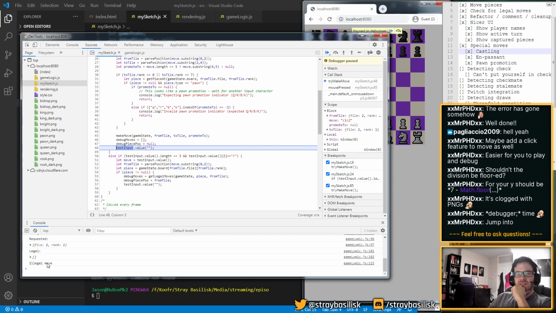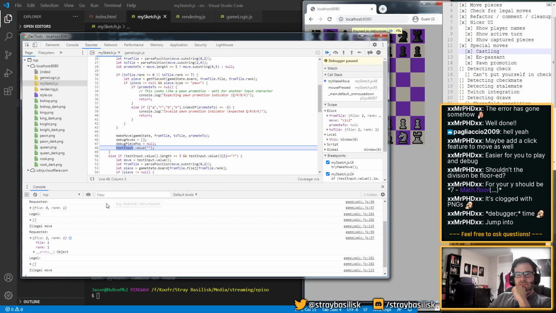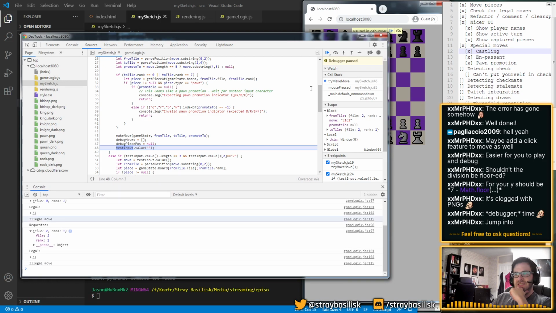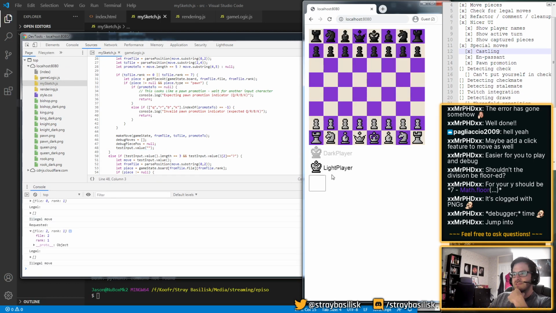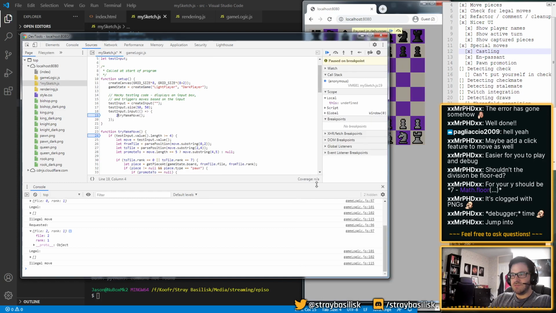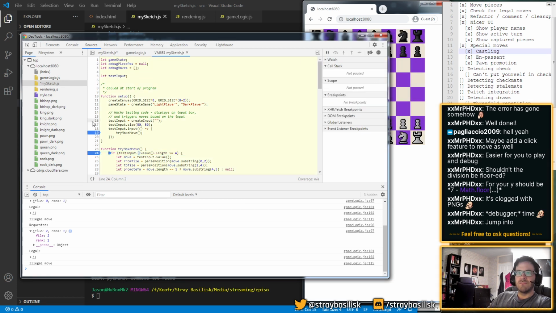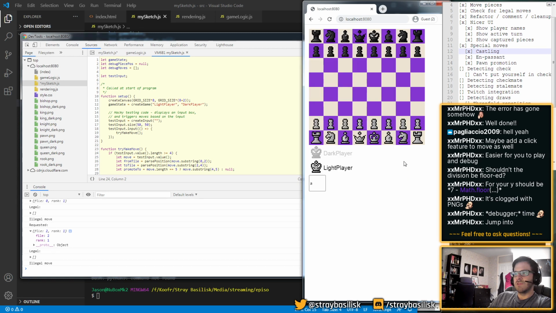Illegal move. Oh. It seems to think that piece has no legal moves. What's going on? So, A2. Get rid of these breakpoints for a second. A2, question mark. Okay. A2 to A3.